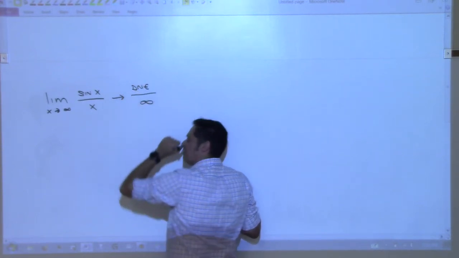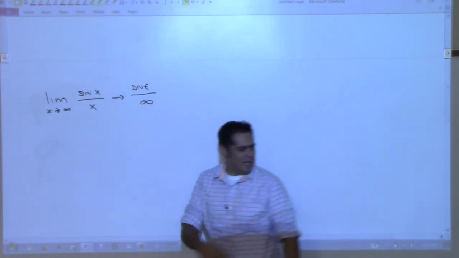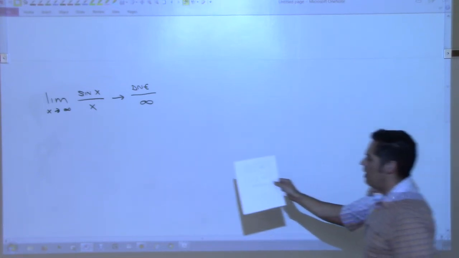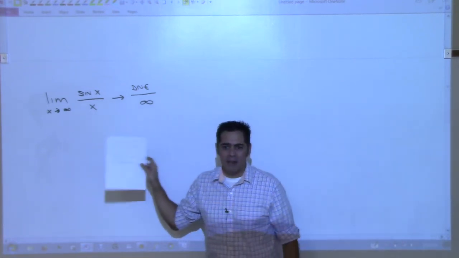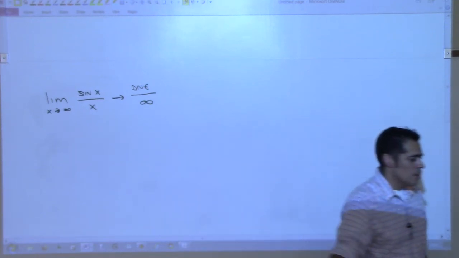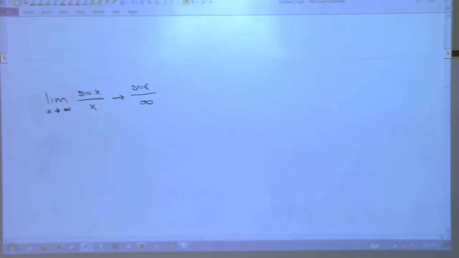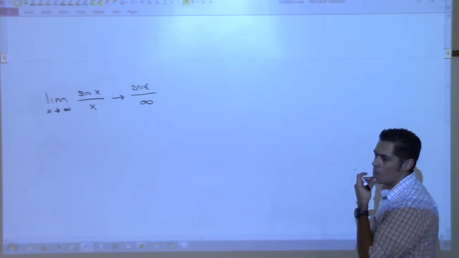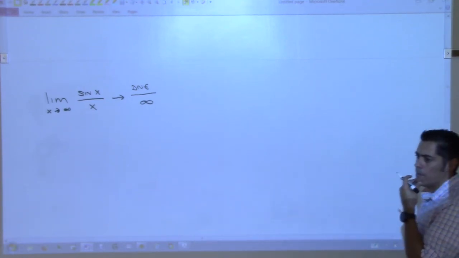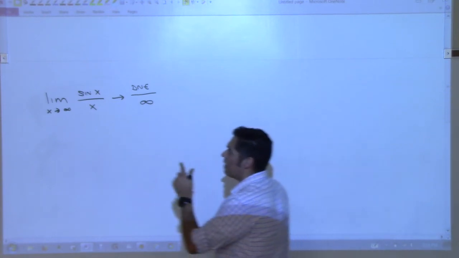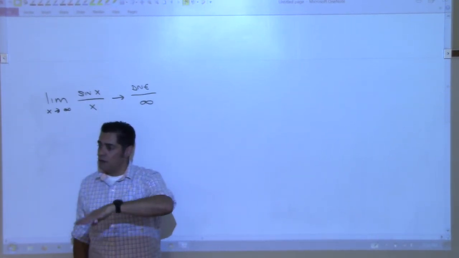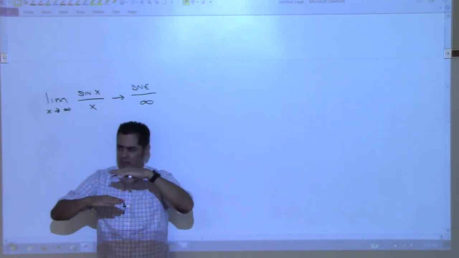Okay, right? And I don't have anything on my sheet that says what to do when you have does not exist over infinity. I don't have that on here anywhere. So we have to think about this a different way. But isn't sine of x going to be between negative 1 and 1? Sine of x will be between negative 1 and 1. So we would say that that function is actually,